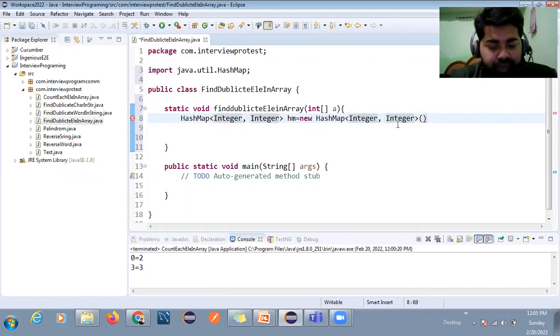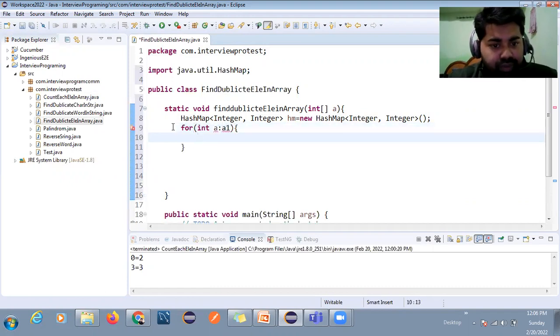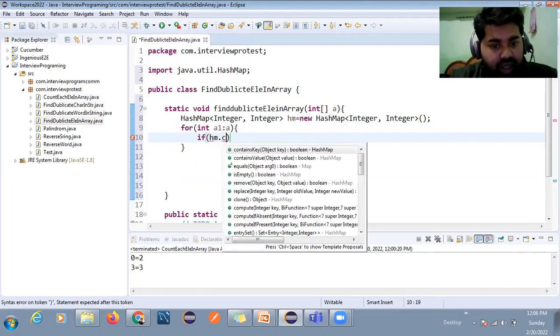Now I will iterate over each element of the array, so I will take a for loop. I'm going to take for loop a dot a1, and again I'm making this mistake always. First you have to see how this for each loop will work. Here we take a new variable, then the existing variable, and then I put one condition: hm dot contains key.